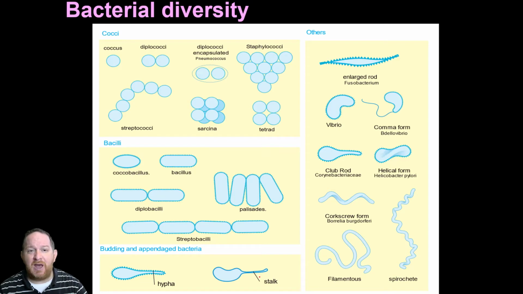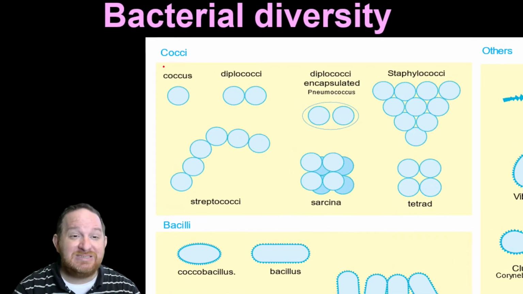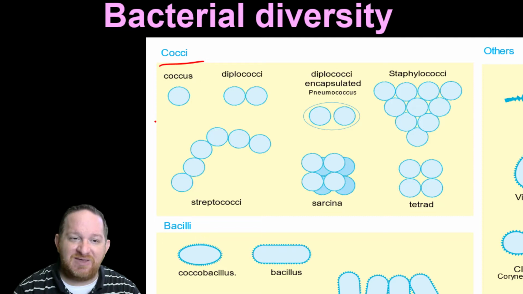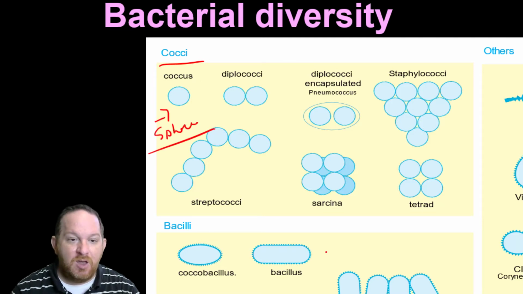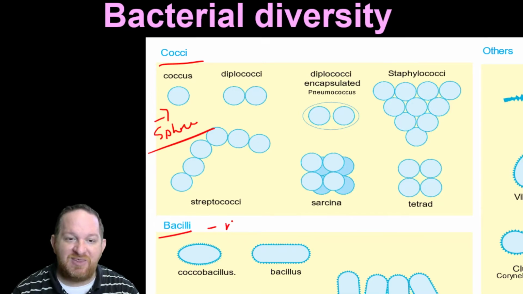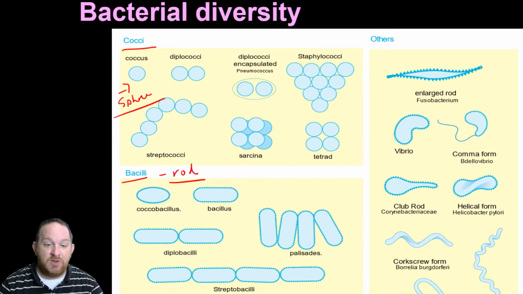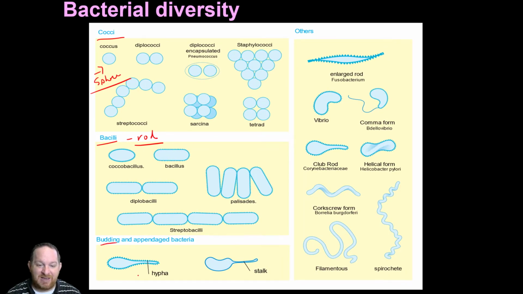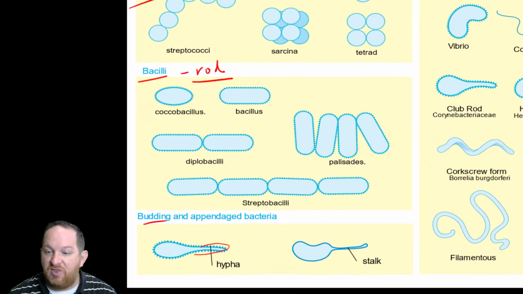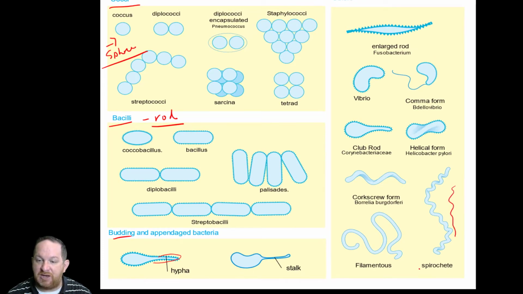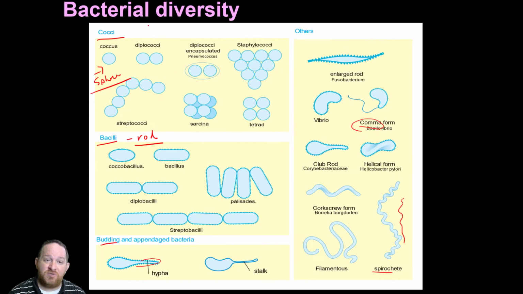So let's think a little bit about the different sizes and shapes of bacteria. Bacteria come in many diverse shapes. One is cocci. And when you think of cocci, think of sort of this round sphere-looking structure. They also come in bacilli. When you think bacilli, think rod-shaped. Then you'll see some budding type bacteria, right? It looks like there's little buds. Then you can see some sort of spiral-shaped. You also can see some that look like a comma. So there's all kinds of shapes.